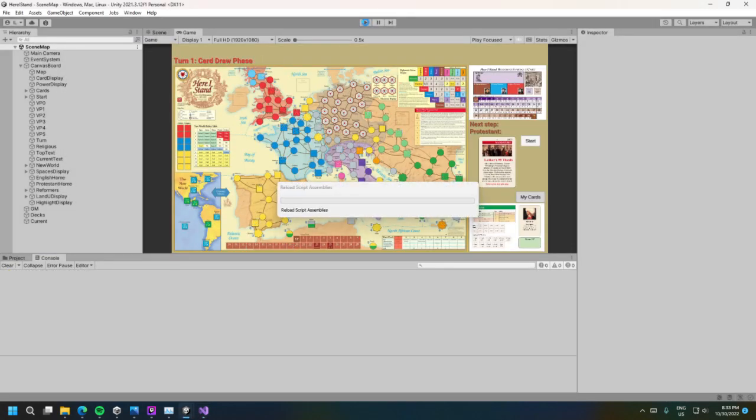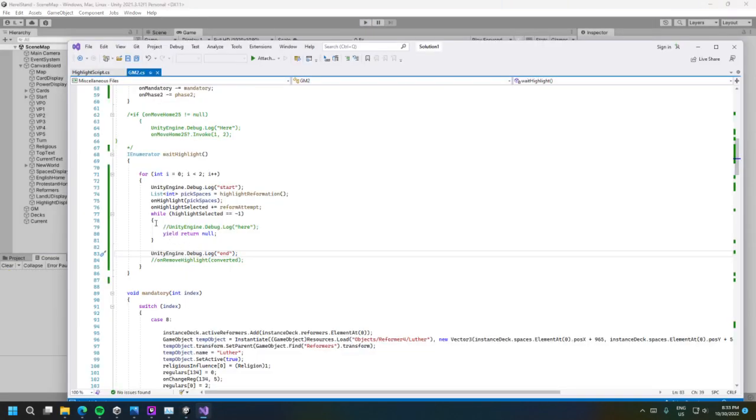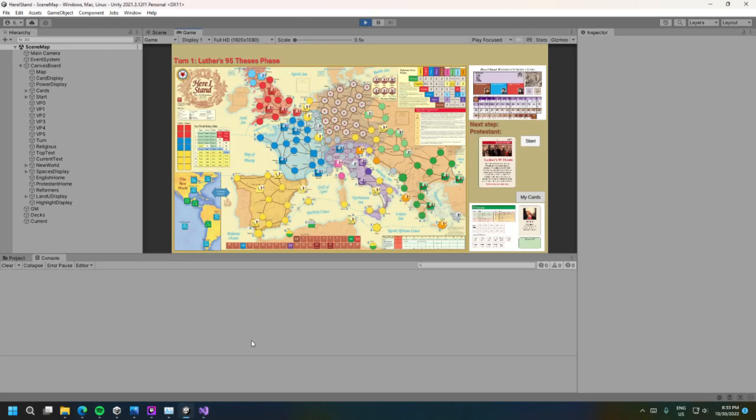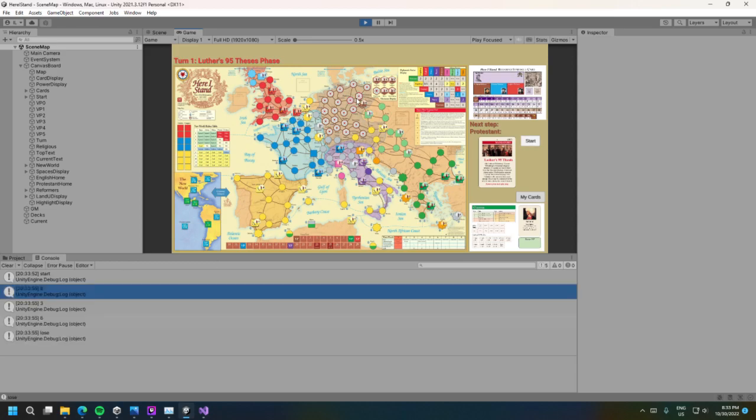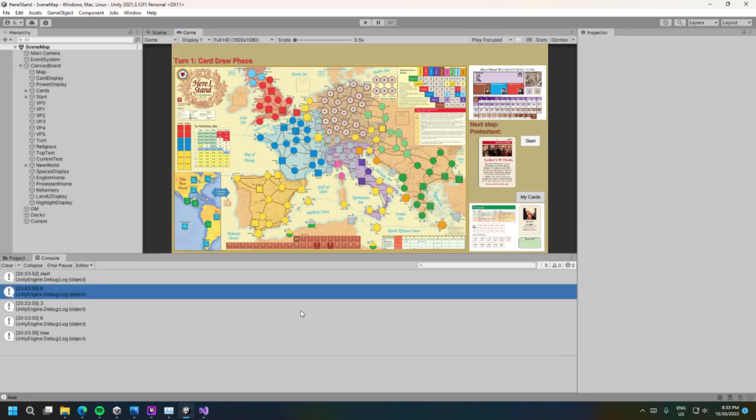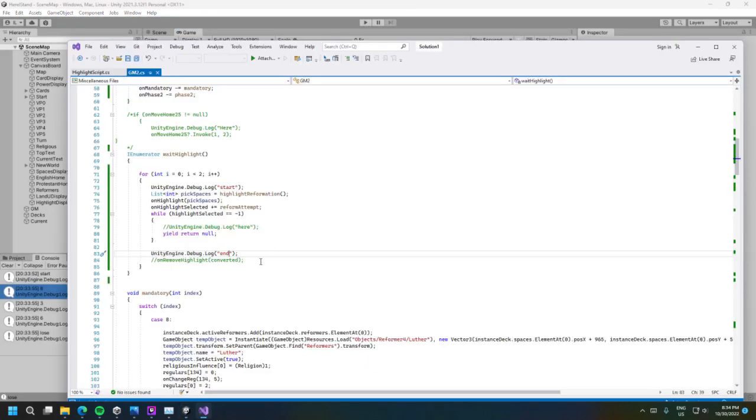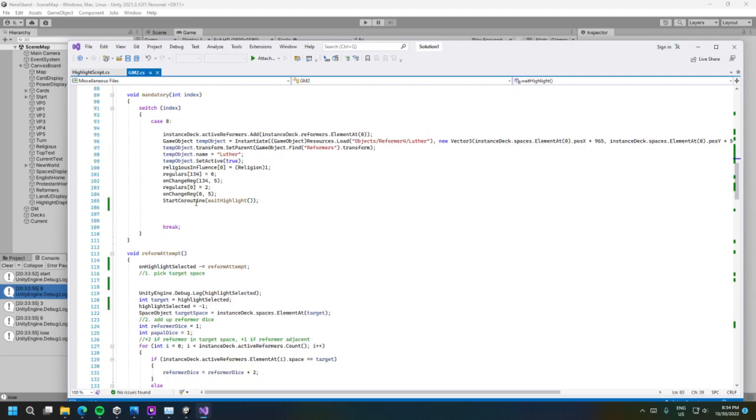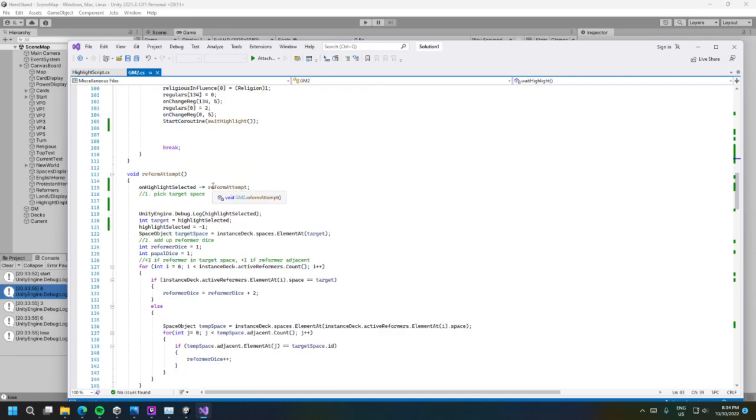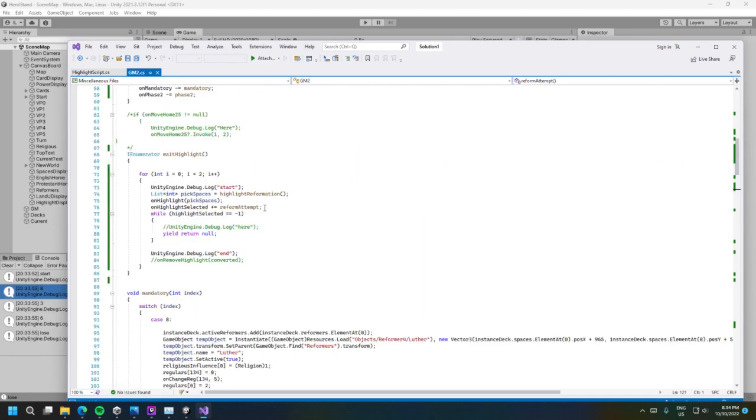Okay, it does not get to end because logically it cannot. It is just waiting. Oh, how do I make this wait work? Yes, this does not get to. It cannot get to the end, mainly because when it's called, I just set the highlight selected to -1 and